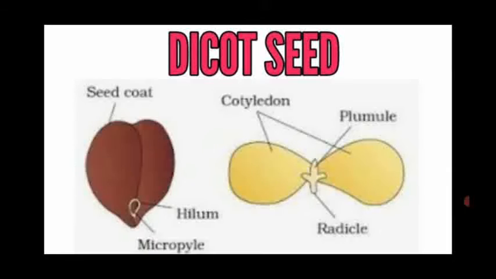So dear students, the Cicer seed has an outer protective coat called the seed coat, which is brown in color. We peel off the skin of the chickpea and eat it, right? That is the outer seed coat. Then at the tip of the seed, there is a minute opening called the micropyle.